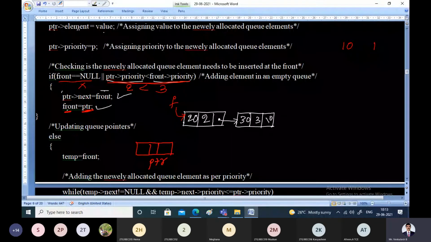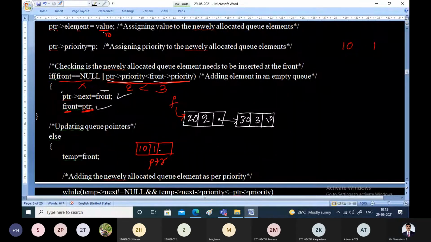What is the element value? Element is 10. Store it in the element field of the PTR. What is its priority? Its priority is 1. Now it is ready. It should be inserted into this, right? Before you insert somewhere, check whether it should be inserted as a front node.